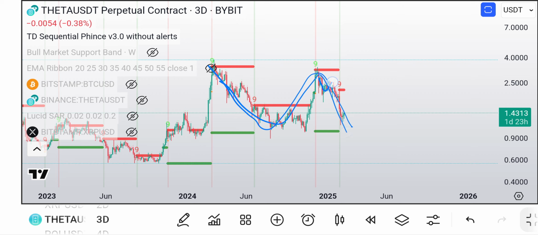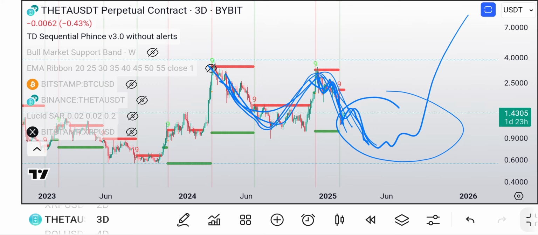But the problem is when you have a droopy 3-wave pullback here, it begs the question, well, what if that was a wave 2 and then we get a wave 3 and then a wave 4, 5? So 1, 2, 3, 4, 5. And then we have this 3-wave pullback and then we go up later. Well, that could spell more disaster